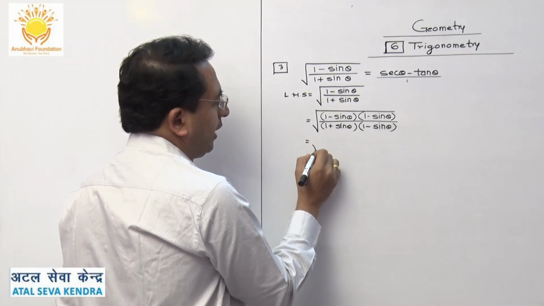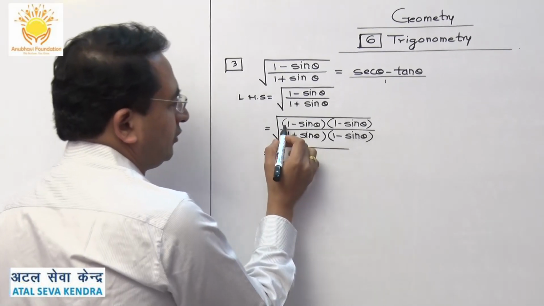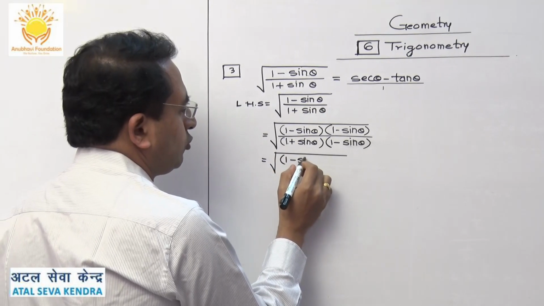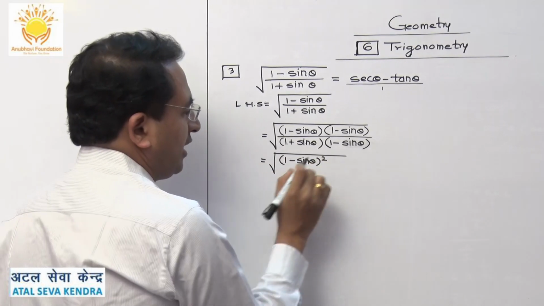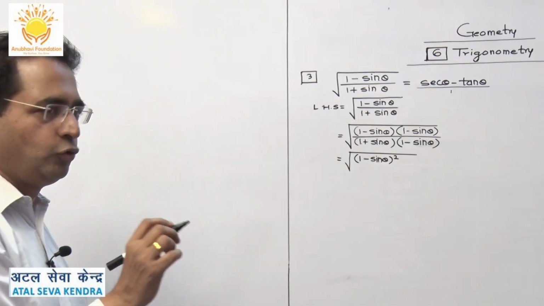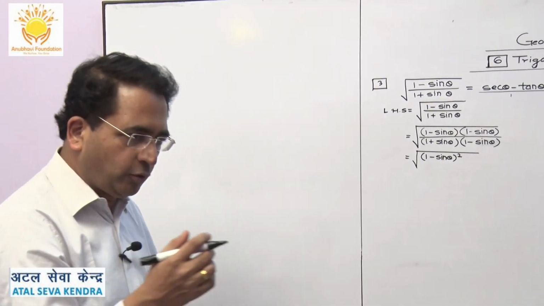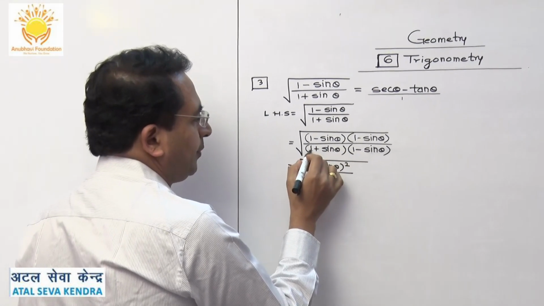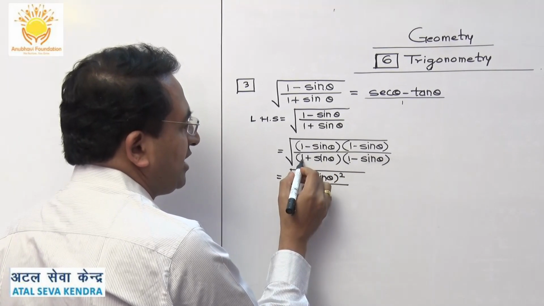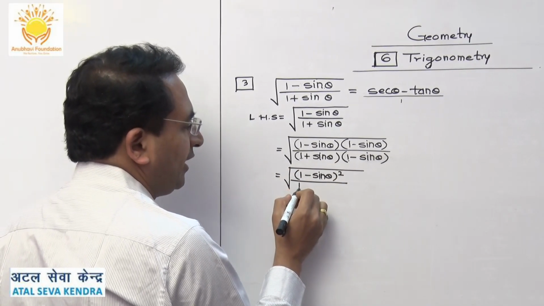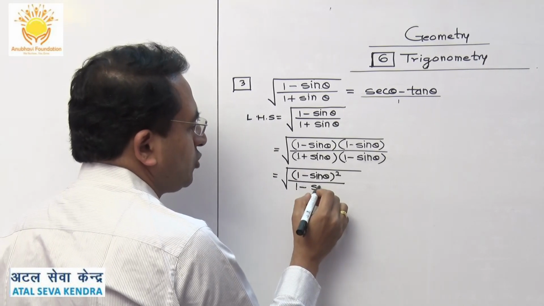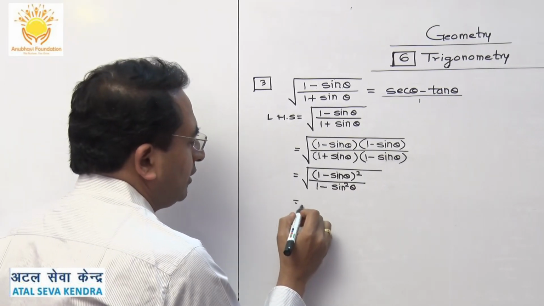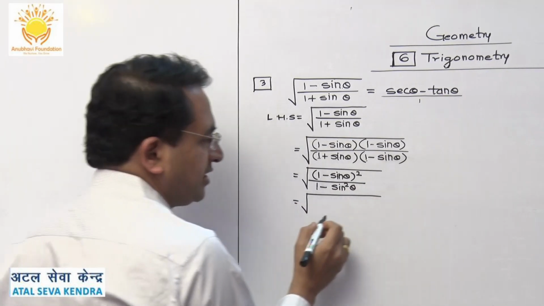And now what are we going to have? We can have this as 1 minus sine of theta, 1 minus sine of theta. This is coming twice, so don't expand it. You just write 1 minus sine theta, the bracket raised to 2, because ultimately you have to take a square root. So we have done it upon, this is a formula in algebra, a plus b and a minus b. The answer is a square, means 1 square, that is 1, minus b square, which you write as sine square theta.